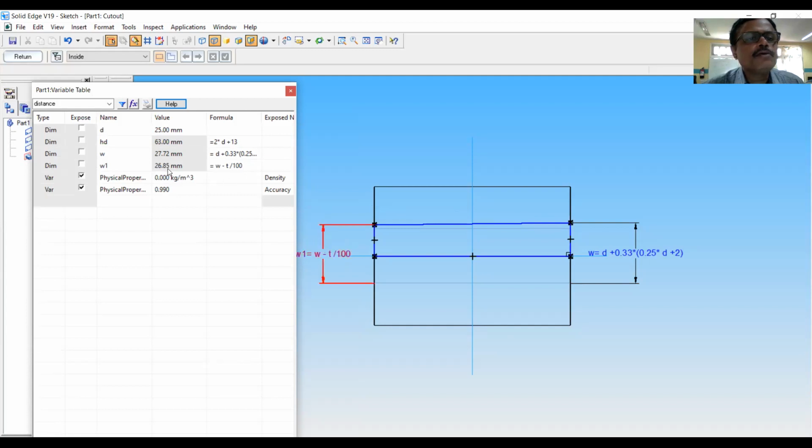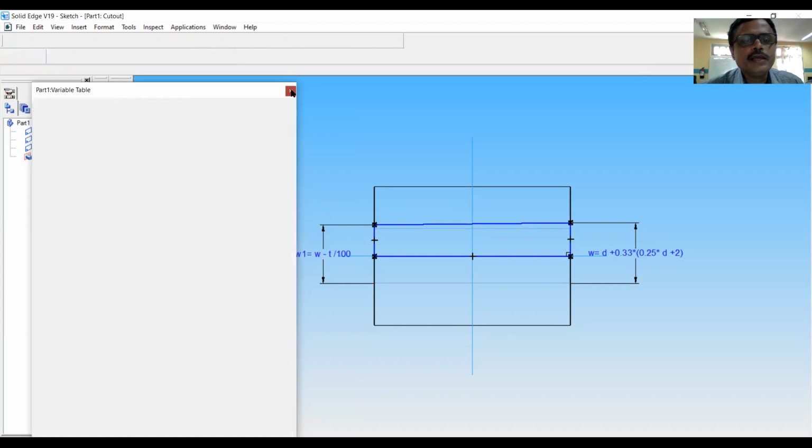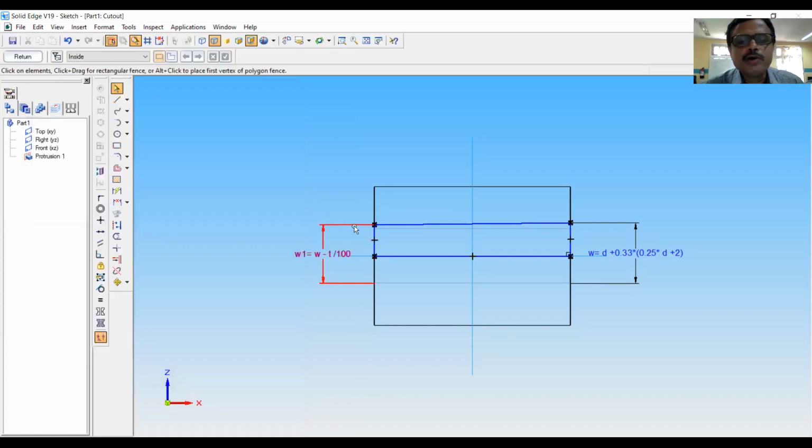So it is now coming with value. You can see what I have done is I have fixed this point as well as this point to make this parametric, and this one is the profile for cutouts. We will return now.